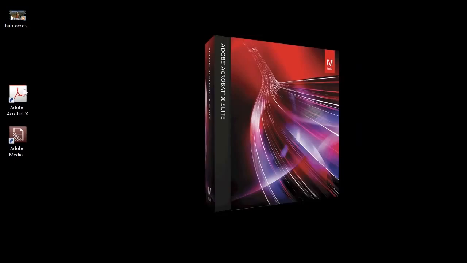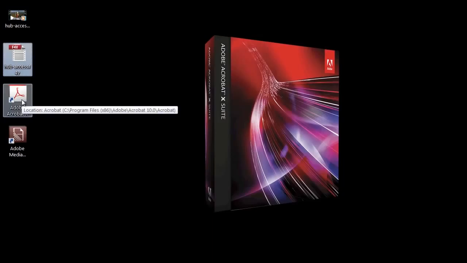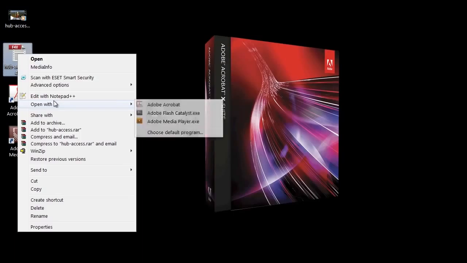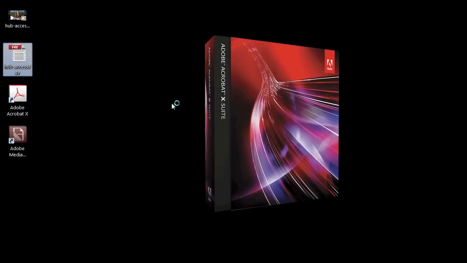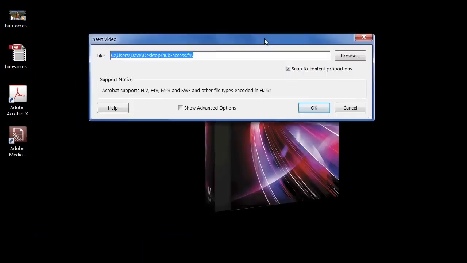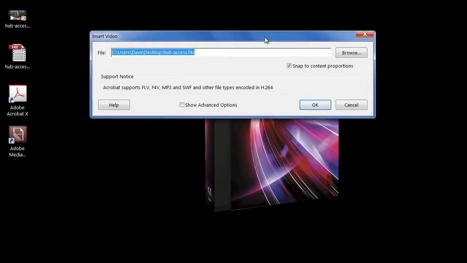Converting our F4V into PDF is really very simple. We can drag and drop it onto the Acrobat icon on the desktop. We can open Acrobat and drag and drop it into the application. We can use the Create button on Acrobat, or we can simply right-click the file and choose Open with Adobe Acrobat. The first thing we'll get is the Insert Video dialog asking us how we're going to put this file